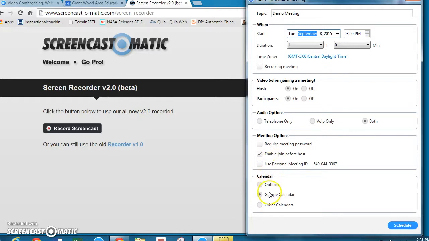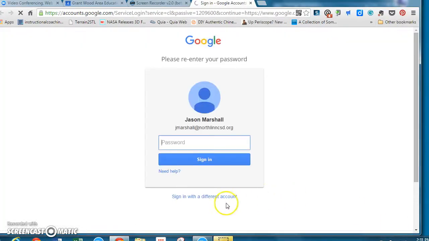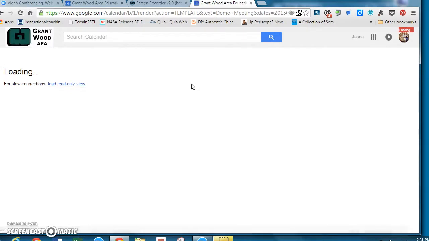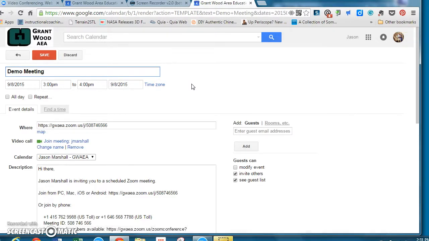We're going to launch this with our Google Calendar because that's what we use here at the agency. I'm going to hit Schedule. This should open up my Google Calendar. If you're signed in, that's likely going to go ahead and get you there. I'm going to need to sign into my agency account. There we go. And as you can see, this is your standard calendar invite for the time of the meeting,